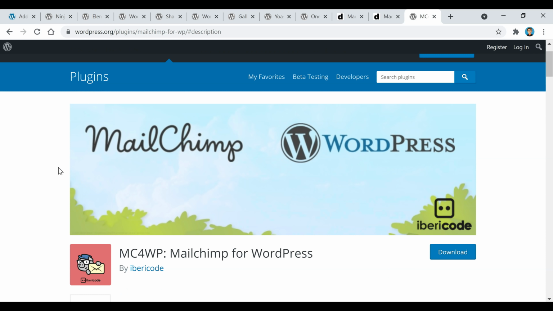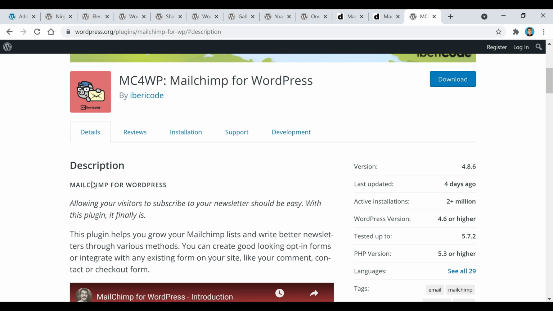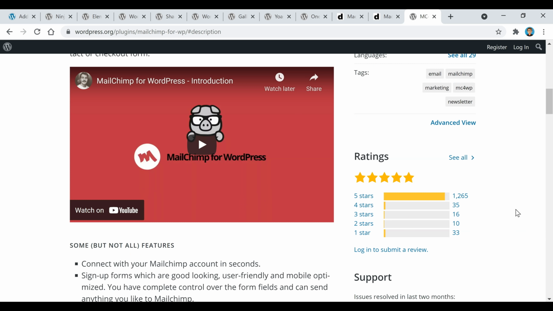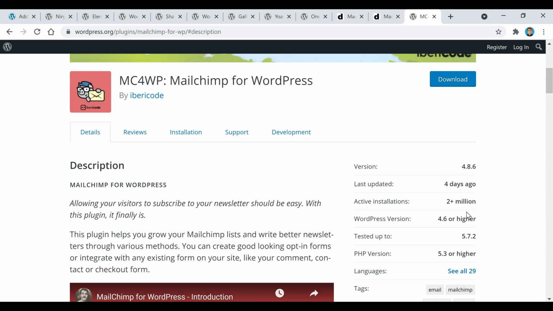And now this last plugin here is similar to this Ninja Forms plugin. It allows you to create an opt-in form so you can record people's emails and then market to them later. And this one's a little more popular than Ninja Forms. You can see it has over 2 million active installations and 1,200 5-star ratings. So if you guys want to make an easy sign up form, which is also mobile optimized,